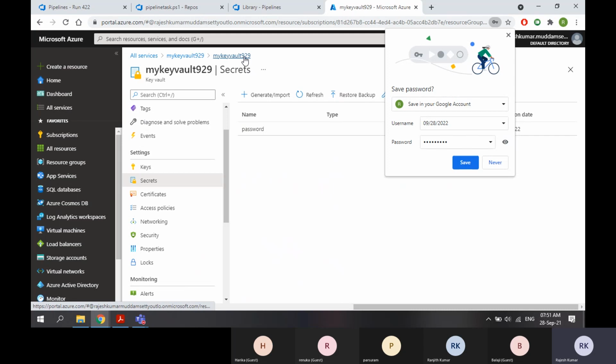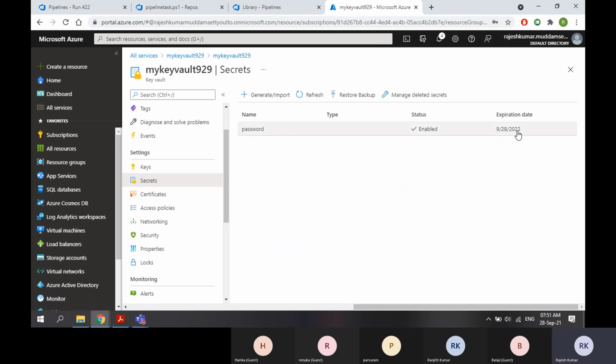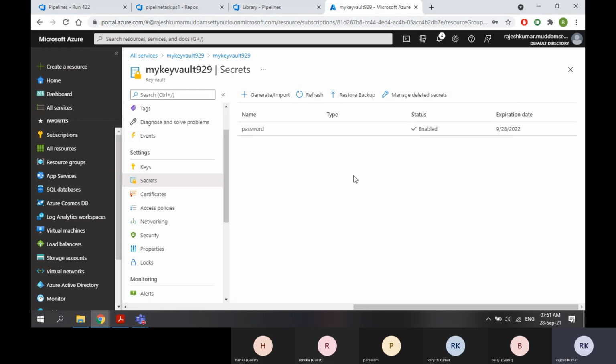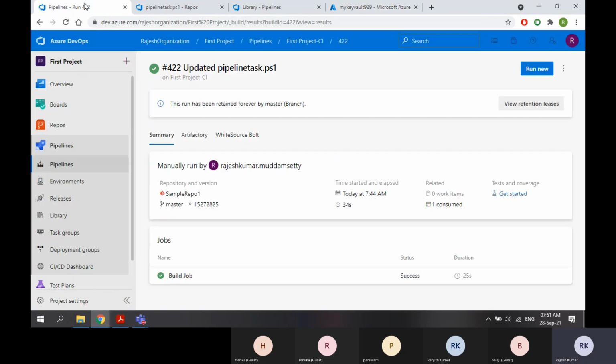Now go back to Key Vault, right? Now if you see the date, it is now 2022. Earlier it was 2023. So Key Vault is one of the major topics in Azure. If you know about Key Vaults, it will help you. Even though you are a DevOps engineer, it is always better to know some Azure cloud services. Today we covered Key Vault as part of our pipelines only. It's not a new topic. It's not any extra topic.